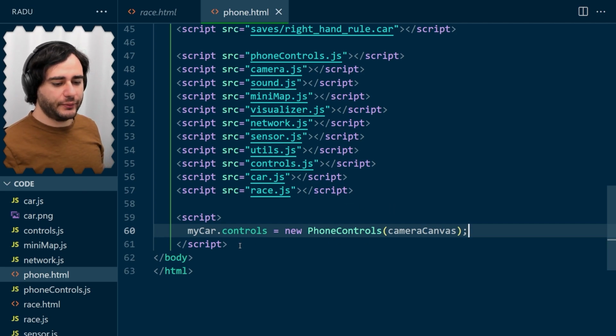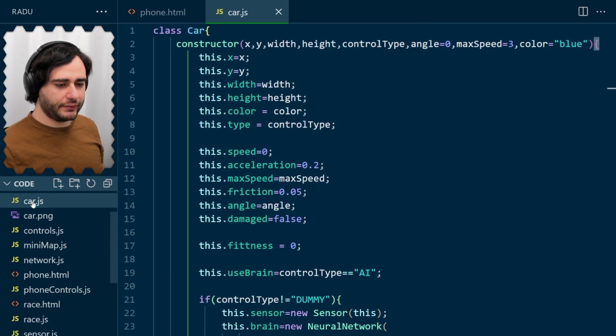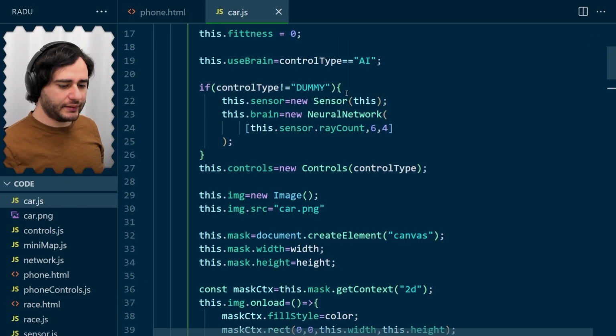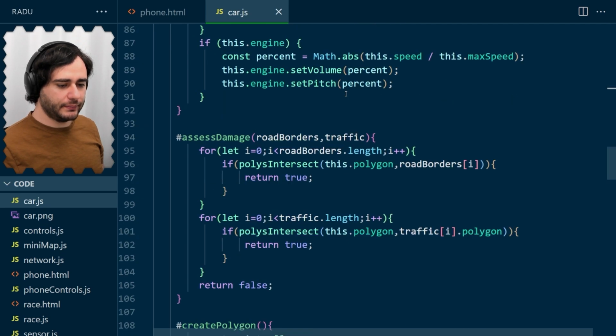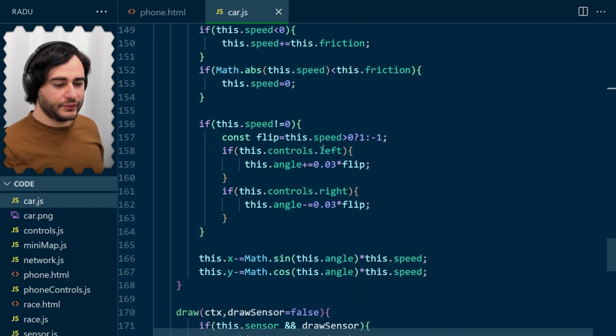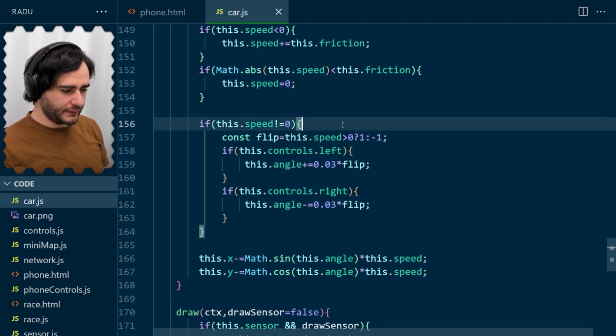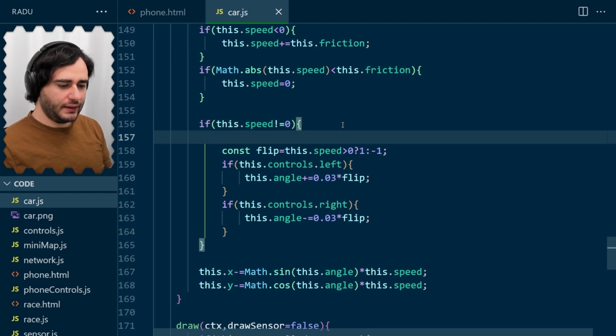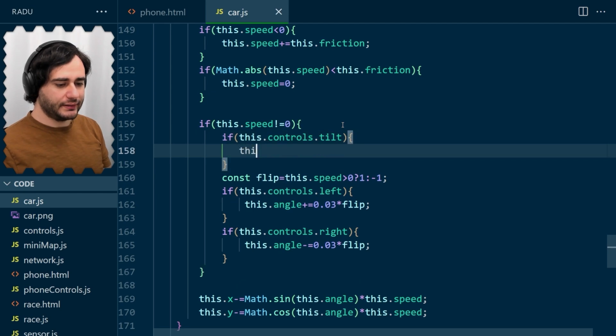Now, this is not enough. We also have to tell the car to use that tilt in some way, because at the moment it doesn't. If we look here in car.js and go to the move method, it checks if controls left and right are pressed and changes the angle with respect to those. But what we'll do here is if the controls have a tilt, then this angle is going to be minus